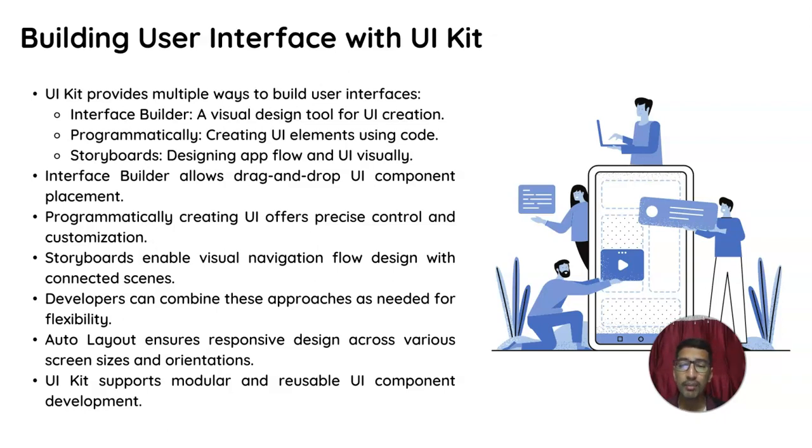So developers can combine all these three approaches as needed for flexibility. By combining all these three approaches that we have just studied, the developer can increase the overall flexibility of building a UI or building an app in iOS. So now auto layouts. Auto layouts ensure a responsive design across various screen sizes and orientations. UIKit supports modular and reusable UI component development. Now we will see the next part, which is